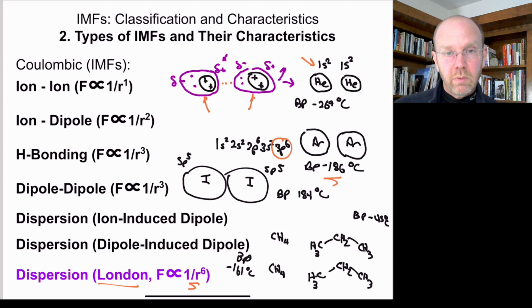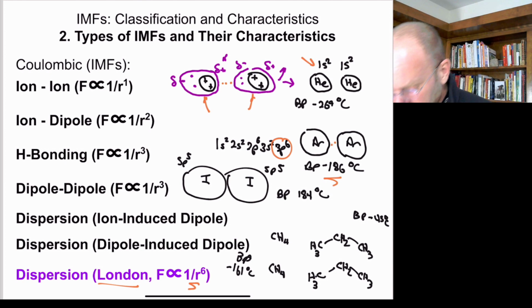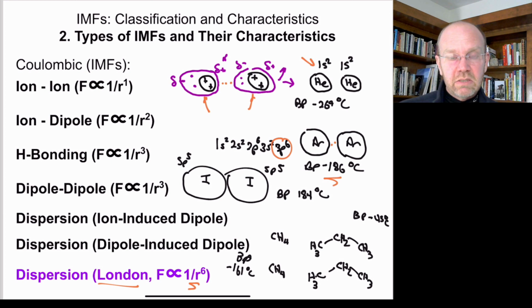It's still a very low boiling point, but that means the intermolecular forces between adjacent argon atoms are much stronger than in helium, where you have to get down to almost absolute zero. If you go up to